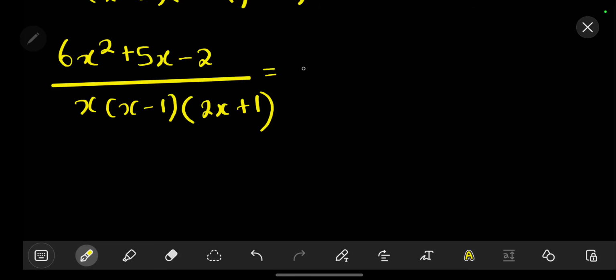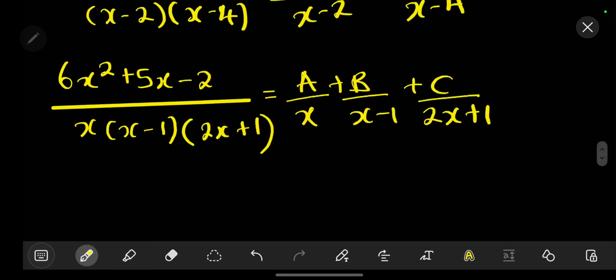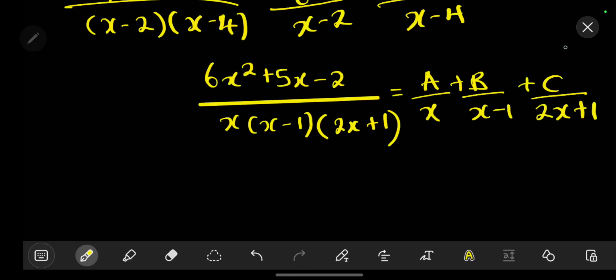So we are going to say that this should be equal to, we have our a over the first one, which is just x, then we have plus our b over the second one, which is our x minus 1, then we have plus our c over, we have our 2x plus 1, like that. Then what we are going to do is multiply the denominator throughout so that we get,